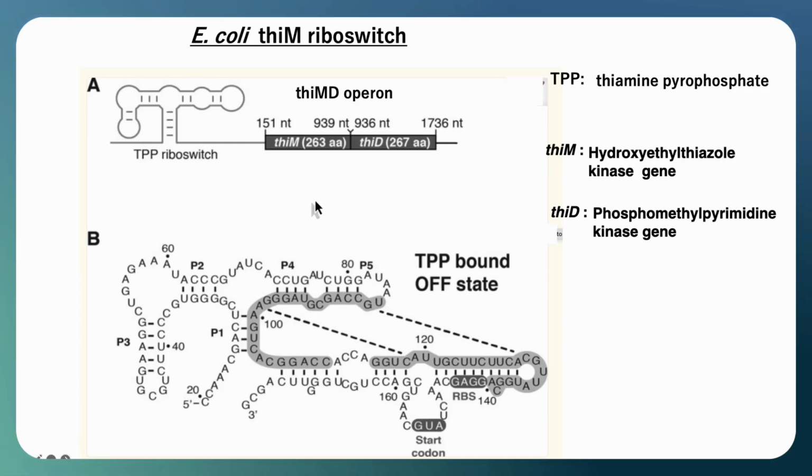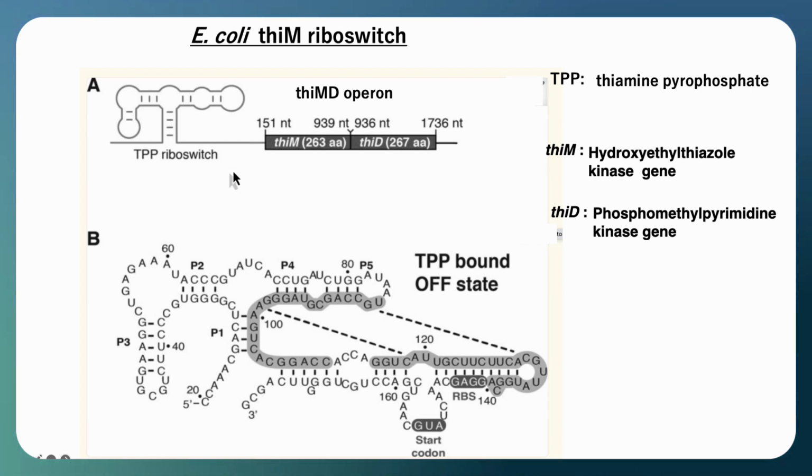I will explain a specific example of a riboswitch in E. coli. In E. coli, there are two kinase genes, thiM and thiD, involved in the production of thiamine pyrophosphate. These two kinase genes form an operon called the thiMD operon. The mRNA transcribed from this operon has an RNA aptamer structure added to its 5' end, which functions as a